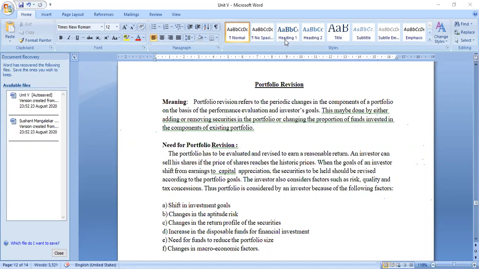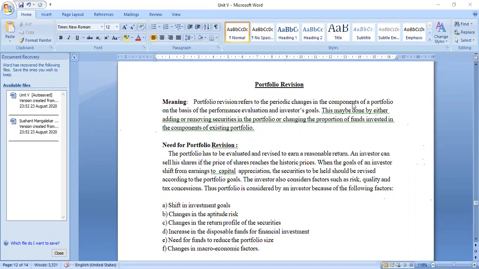Today, the best way that the investment can be done is in pharmaceutical companies, which are actually doing well even in the present scenario. Because it is actually growing and that is the need of the hour. So these are certain aspects that we can consider at this particular moment when we are thinking of portfolio revision. So portfolio revision is basically a periodic change that we are making in the components.